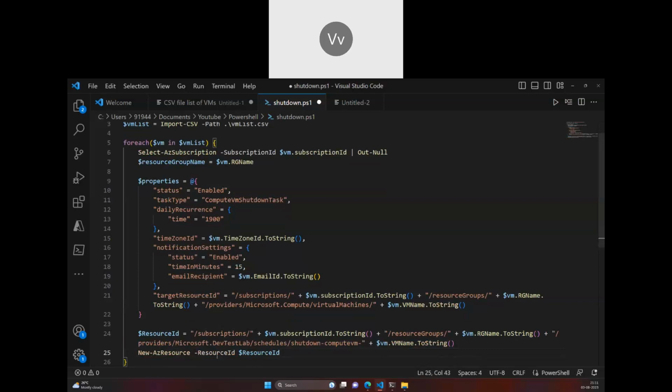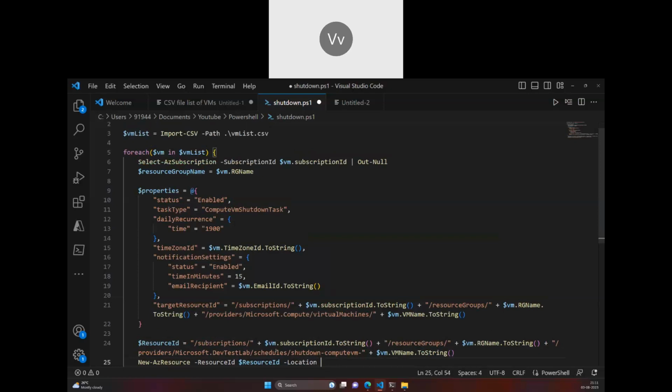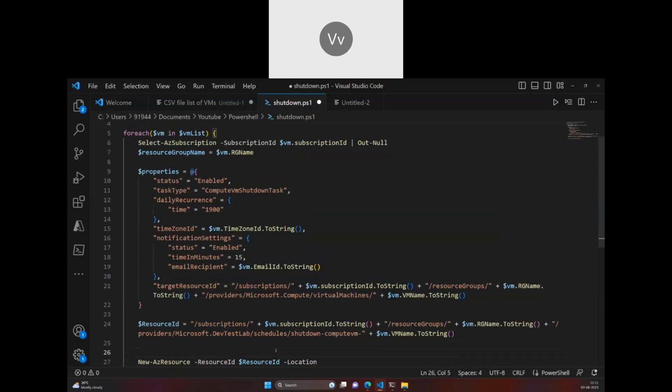and I mention the resource ID here. When I'm creating a new az resource, automatically from this resource ID it gets to know which subscription, which resource group, and what is the name of that schedule. So this is also one way to do it when I don't find any commands. I'm just showing you all the ways I can. So definitely we need a location because we are creating a resource. Now I wanted to create it where the virtual machine is. Now how do I get that? I use Get-AzVM to get the virtual machine, and